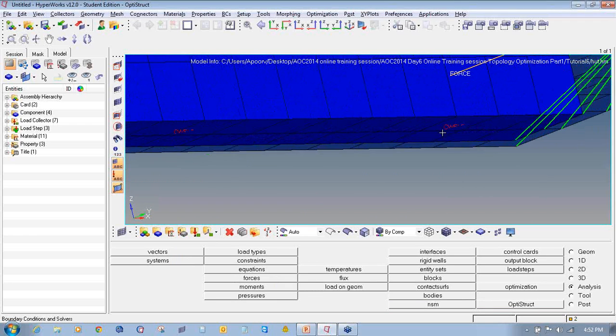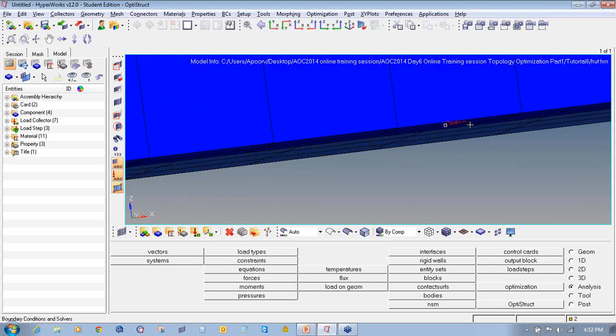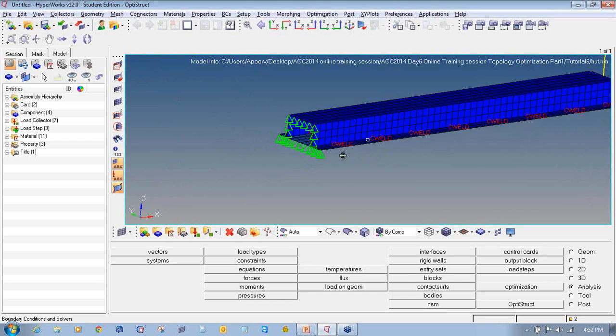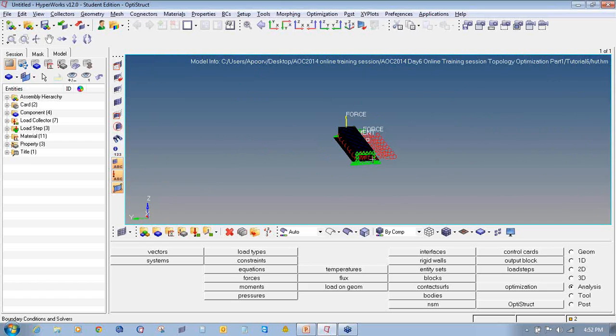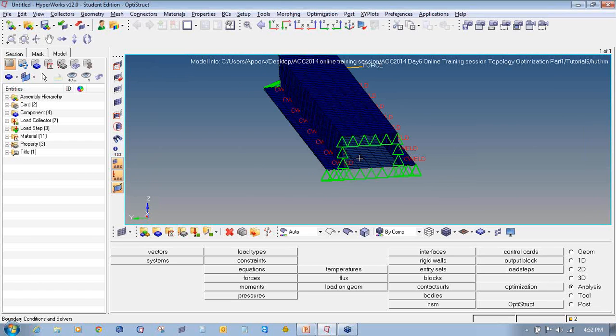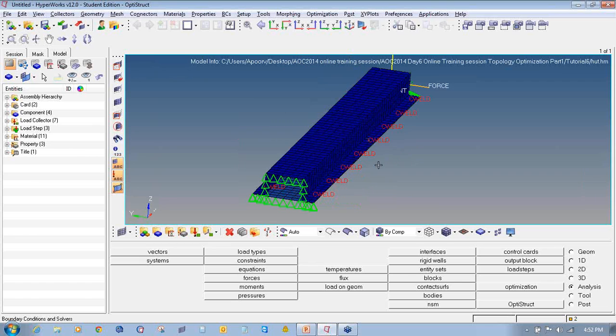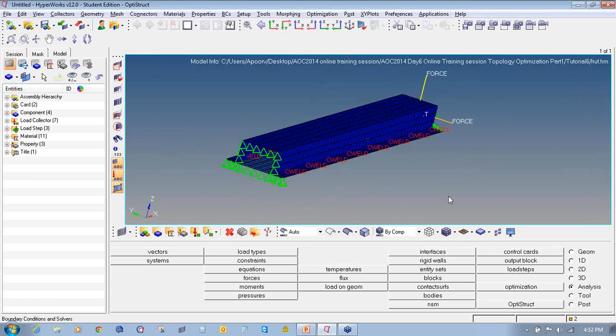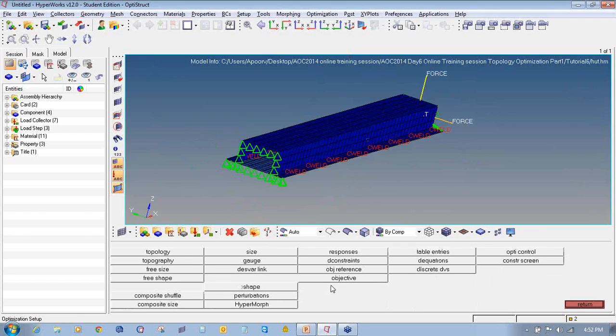Here you can see the CWELD elements. So we will check the optimization of CWELD elements. We'll start by defining directly, because my material property, load collector, and load step, everything is defined here. So we will directly move towards defining the design space. Go to analysis, optimization,